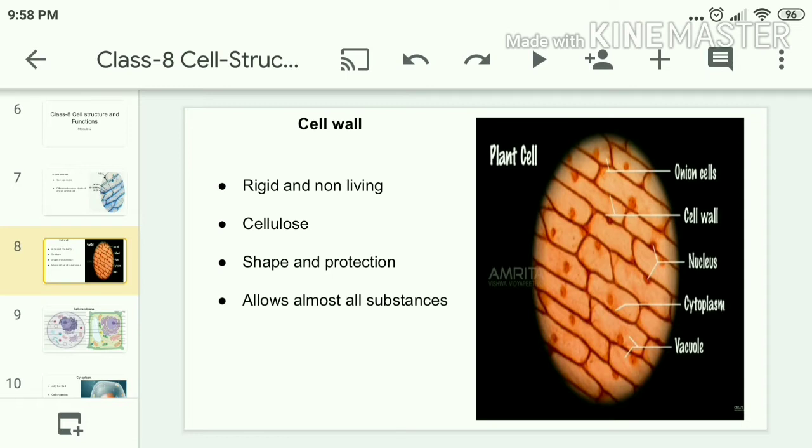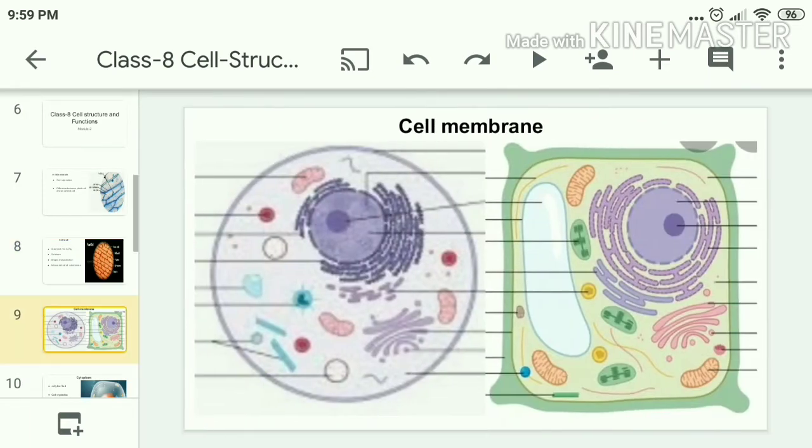Plant cells have cell walls because plants need protection against variations in temperature, wind, humidity, etc., as they cannot move. And next, under the cell wall we will observe the cell membrane. Cell membrane is the outermost layer in an animal cell, but in a plant cell, after the cell wall, the cell membrane